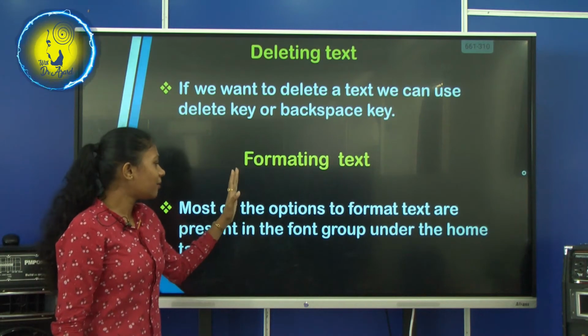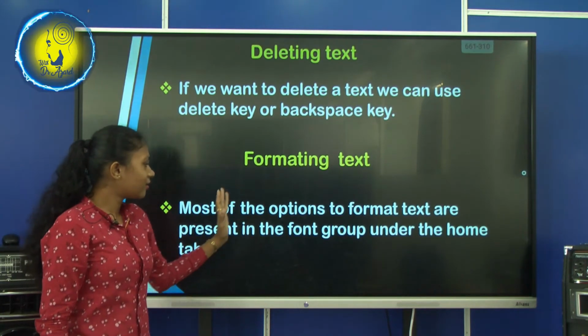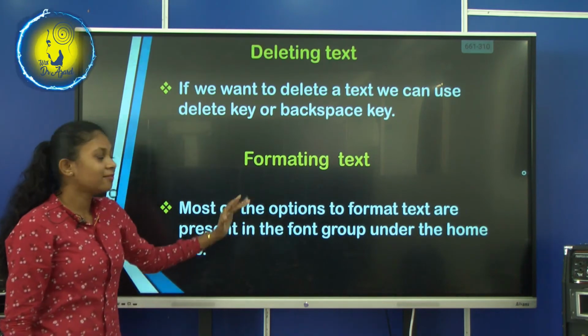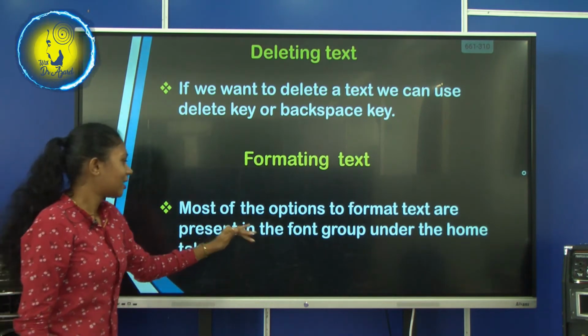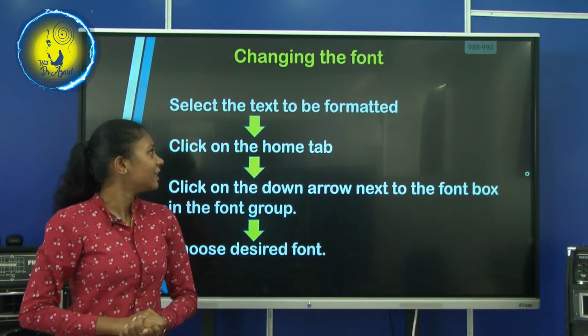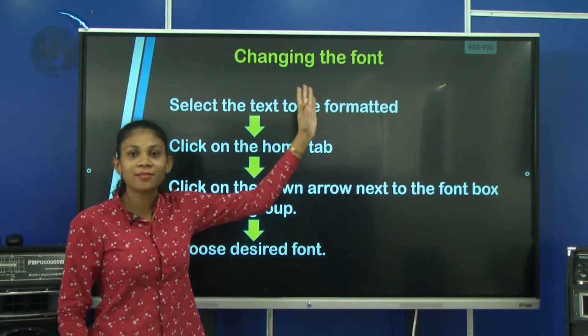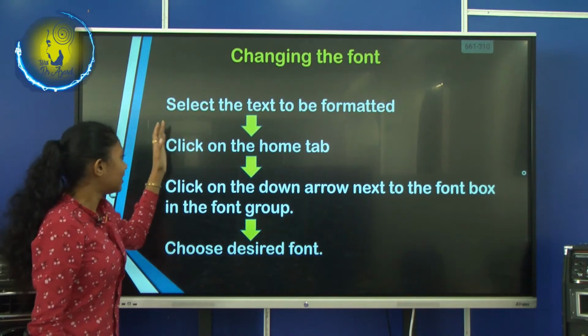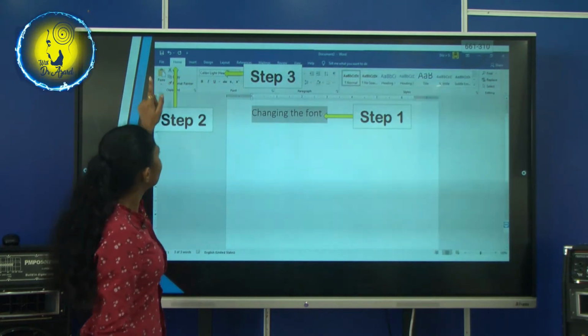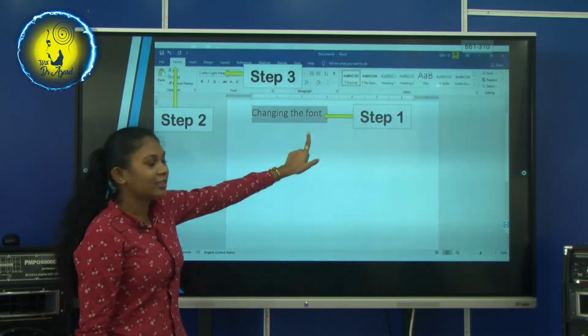If you want to format text, most of the options to format text are present in the font group under the Home tab. Now we will see how to change the font. Select the text to be formatted.